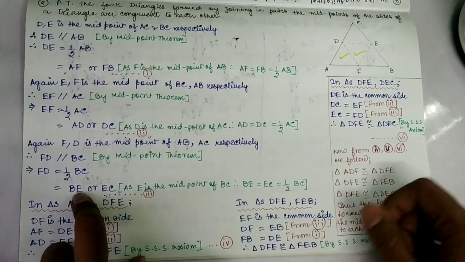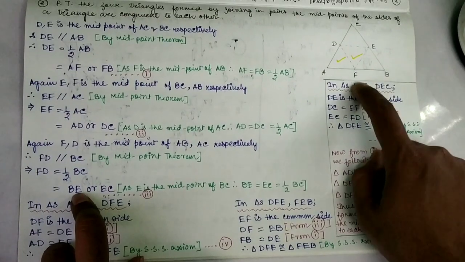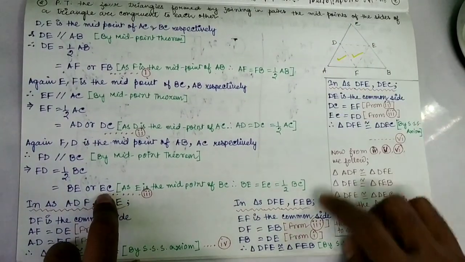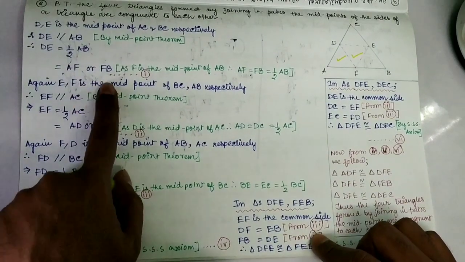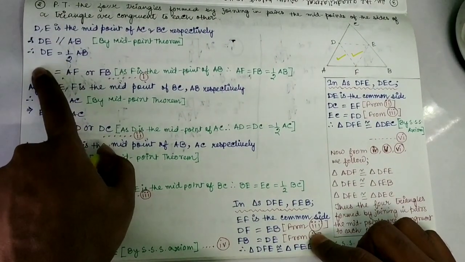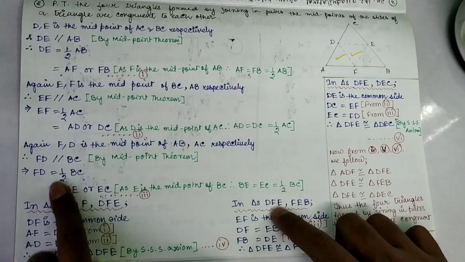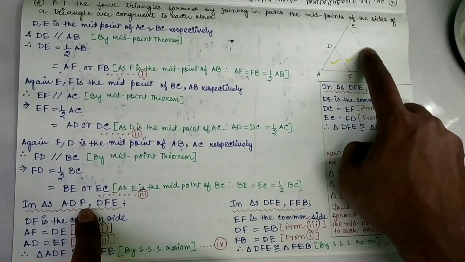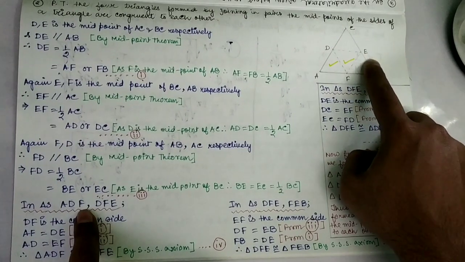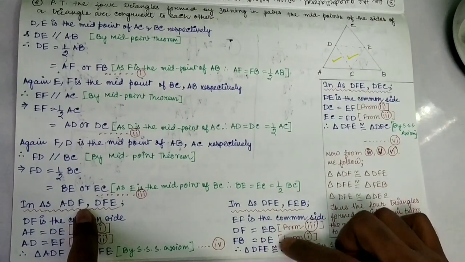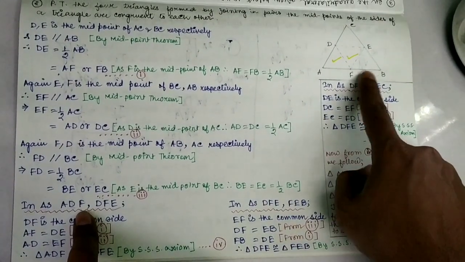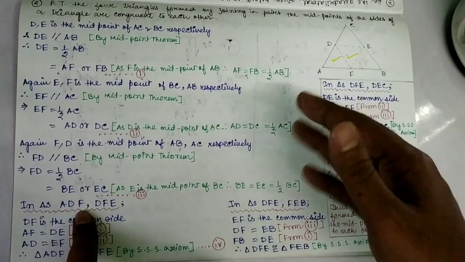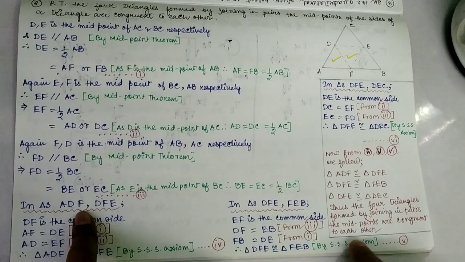Again the other side, that is FB equal to DE, and from where have you got this? From 1. All of you see, FB equals DE. So again we find that the 3 sides of this triangle are equal to the 3 sides of this triangle. Therefore triangle DFE will be congruent to triangle FEB, and by which axiom? Since we have proved 3 sides to be equal, it will be by the SSS axiom.